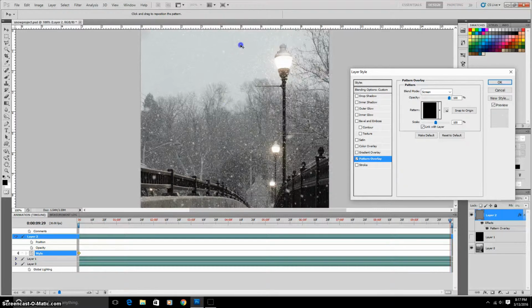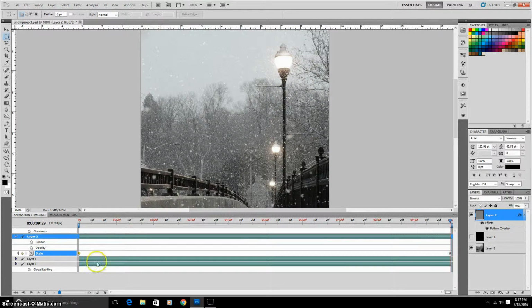I'm going to go about maybe 4.5, 5 times. I'm not going to go as many with the rain, because the rain I wanted to come down faster, and the snow I want it to be a little bit more gentle. So that looks pretty good, and I'm going to click OK. And if I want to test out this speed, I can hit play, and I think that's going to be